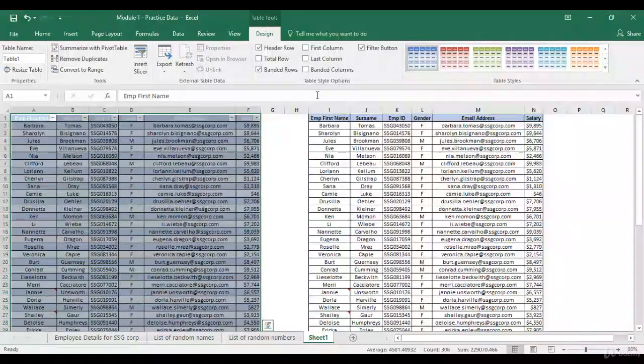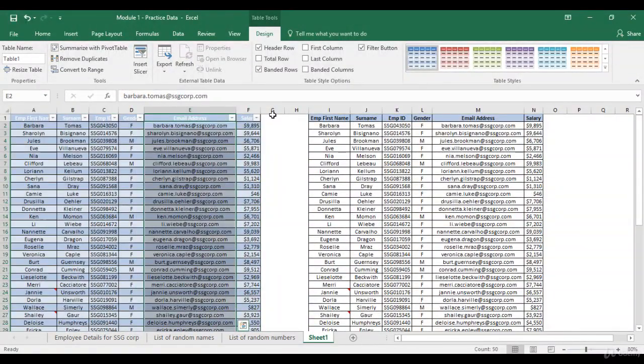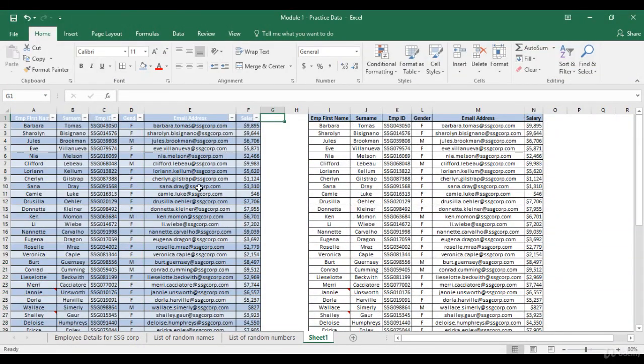As I scroll up, the first thing you will notice is that the format of the table has changed and Excel has automatically given filters. Now let's look at the first benefit. We had the home, insert, page layout, formulas, data, review and view groups, but the design group is new. This was not there in the earlier examples, because this is a conceptual tab which gets created whenever we use a table or a pivot.